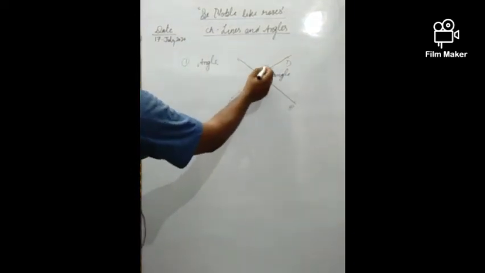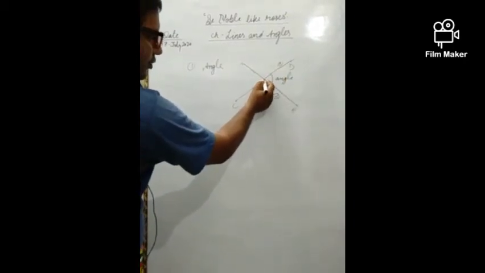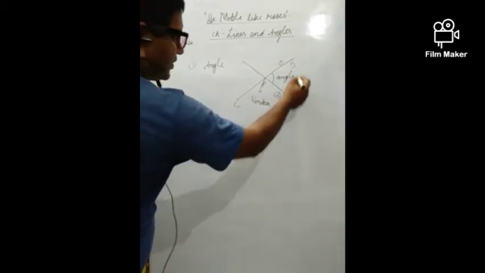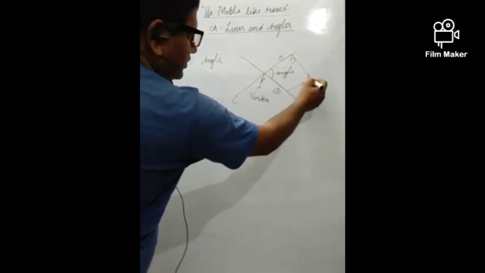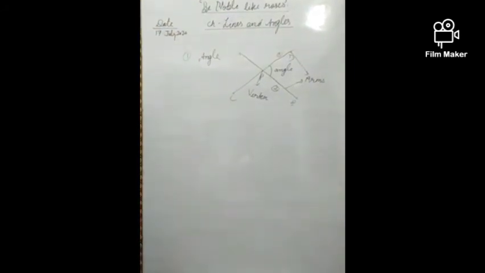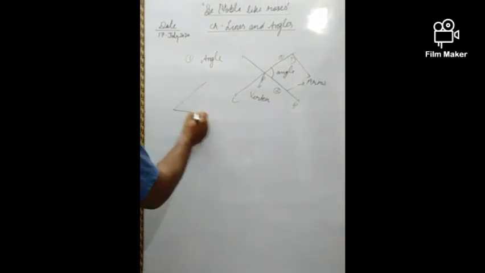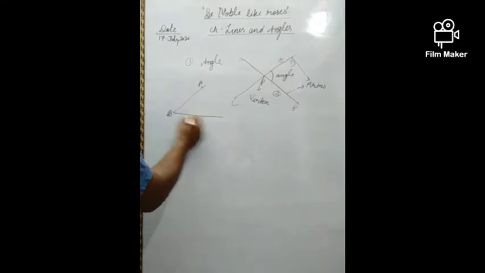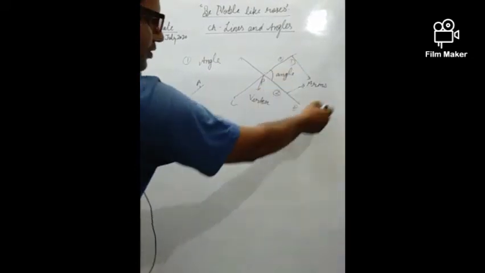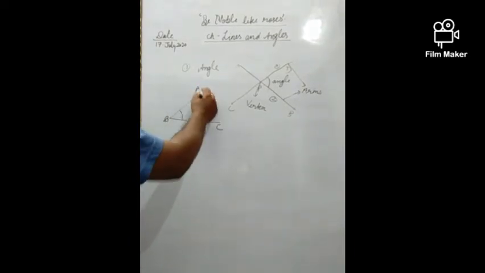Slope between, I told, the slope between the lines. This is line number 1 and this is 2. So this is the slope, and this point will be taken as the vertex, and these two are the arms of the angle, or you may say sides of the angle. Generally we draw the angle this way, like A, B and C. So this is the slope because I took this much part only, right? This is the common vertex, these two are the arms.